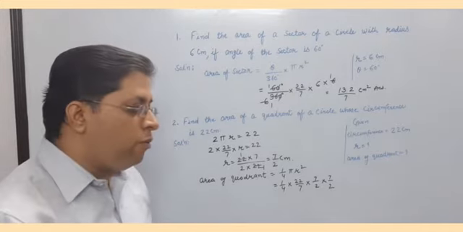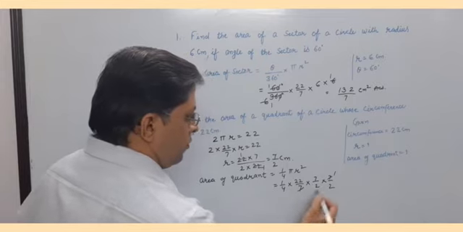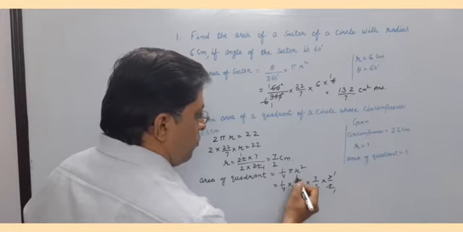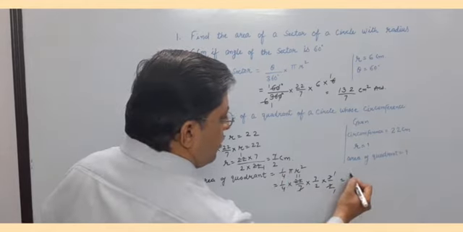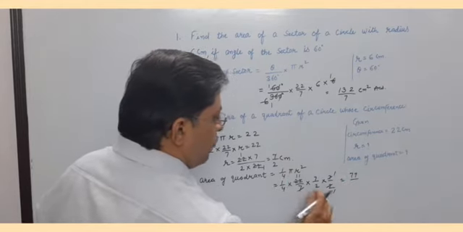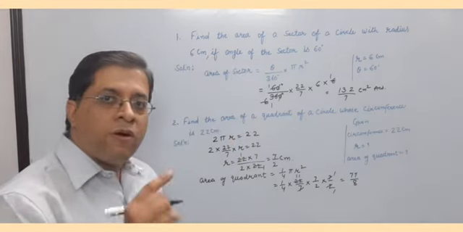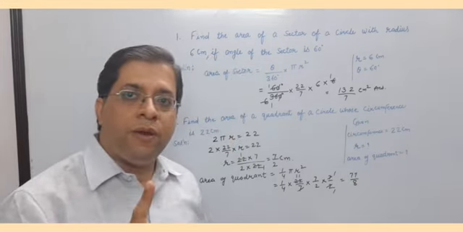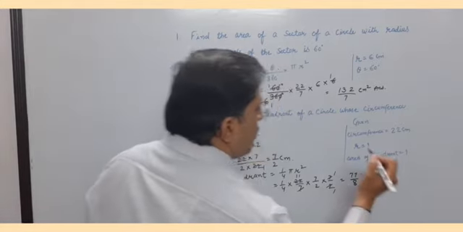Come on, let us solve. 7 and 7 cut. 2 1s are 2, so 11. Okay, 11 7s are 77 and 4 2s are 8. Again, here is area. What is the unit of it? This is centimeter square.